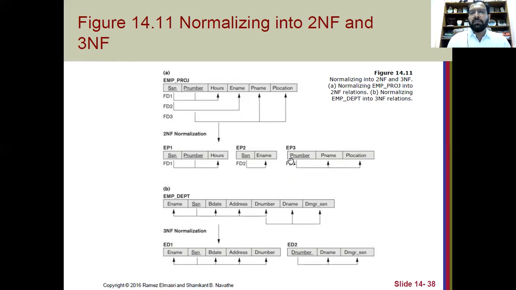So here we have three separate relations representing FD1, FD2 and FD3. So in that manner, we have achieved the normalization process. So you can say this A is actually not in the second normal form. You applied the second normal form and you have decomposed the relation into three relations now. And now there is no anomaly in these three relations. Now you can see another example over here in the B table, which is a separate example, that we have an employee department relation. Here we have the ename, SSN,